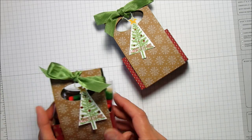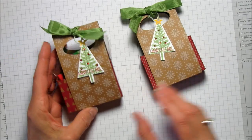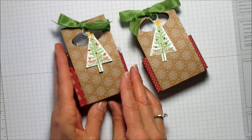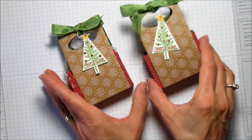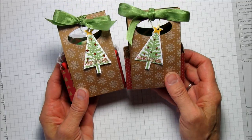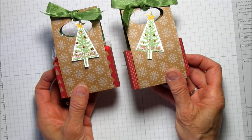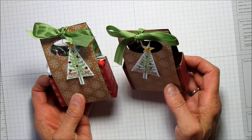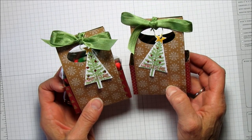And here's the other one, and I filled it with candy and used one of the food safe packages. Stampin' Up! carries these little ones for candy and stuff, but always use the food safe. It's the best way to do it. So these are the two that I made, and I don't know if I like the trees or this one better. I think I'm leaning towards this, but anyway, I hope you enjoyed the project today,